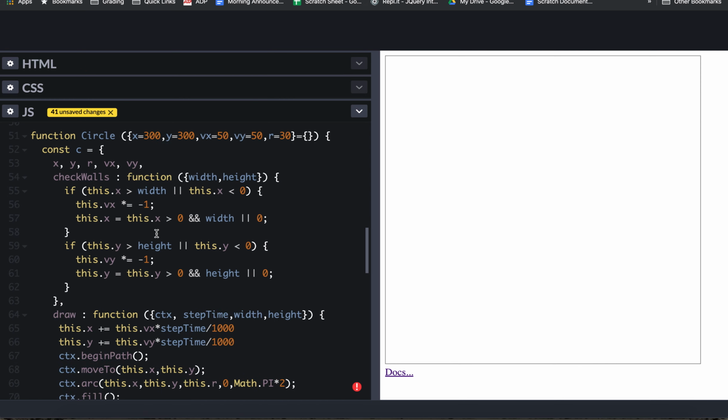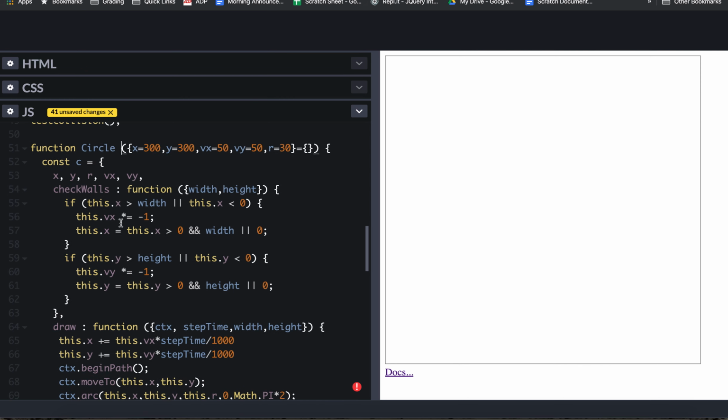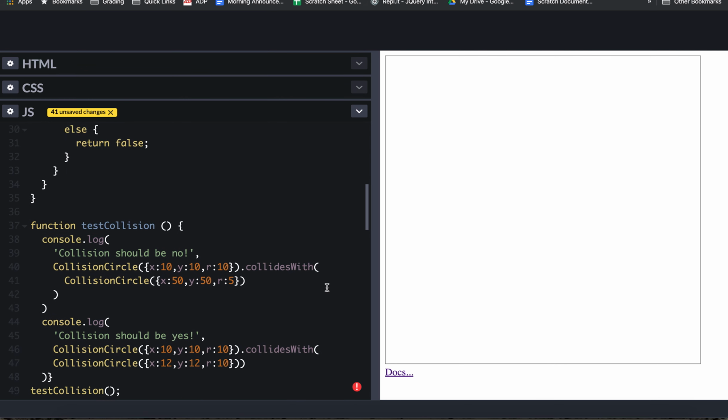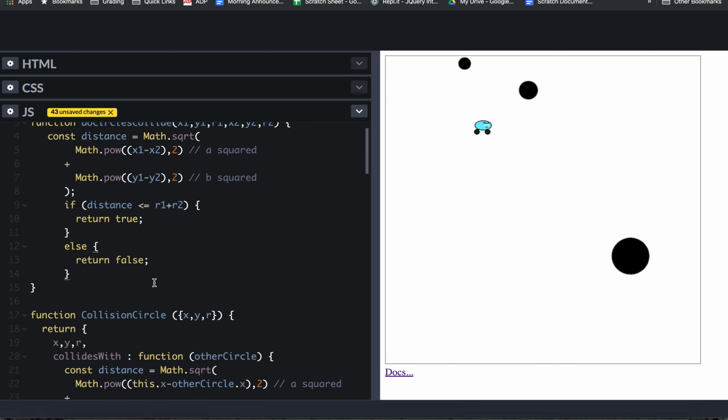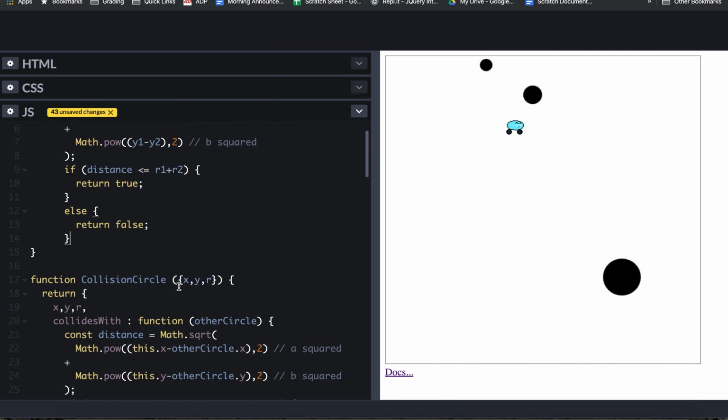Okay, so now I've got a circle function, circle constructor. Apparently I left an extra bracket. There we go. All right, now I have a circle function